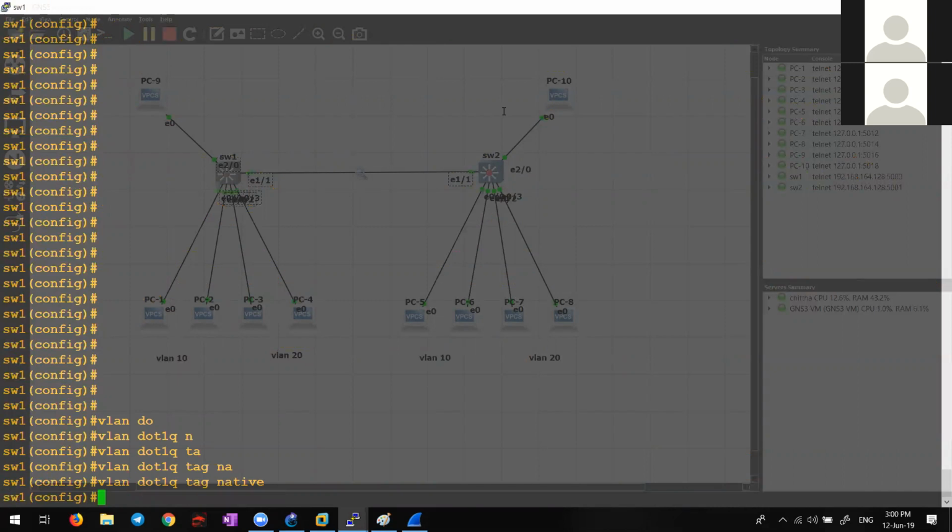With this command, no untagged frames will go in the network. Everything will be tagged in this switch. This is more secure. I know many of you will be thinking it is not possible to tag the native VLAN. It is possible to tag. Everything can be tagged. So this is the command. Take it down.